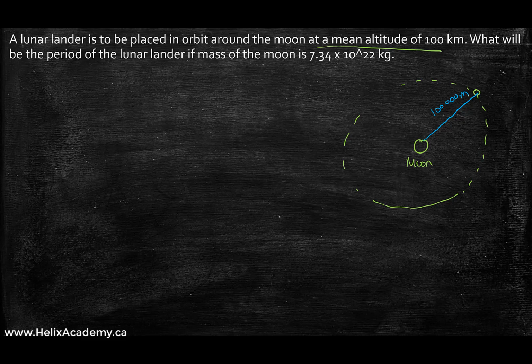100,000 meters. We're actually given the mass of the moon, and we want to find the period of the lunar lander. So we want to know how long it takes for this to go from this point, travel through the dashed green line, and go back to the same spot where the lander was. Now this is again another centripetal question you've seen in other videos, but I'm just going to go over this